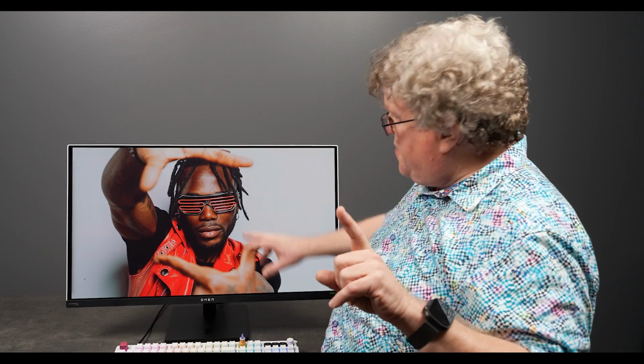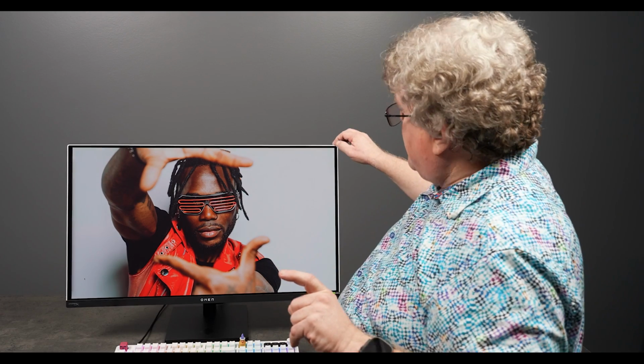There's one more option that is not available as a selectable mode because it's always running, which is known as pixel shifting. This screen is actually 8 pixels wider and 8 pixels taller than the UHD 3840 by 2160 raster.